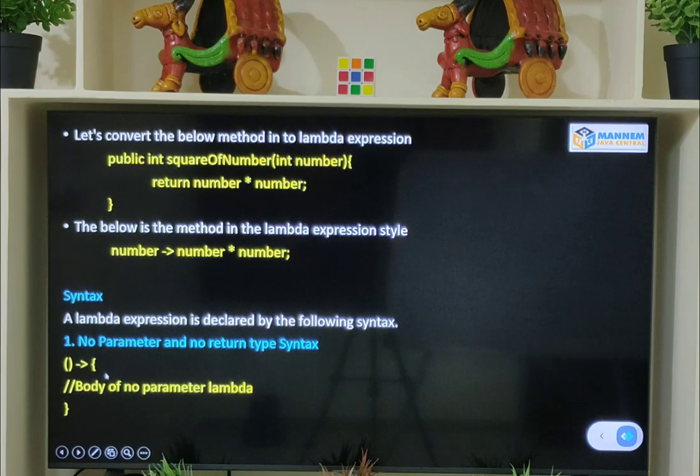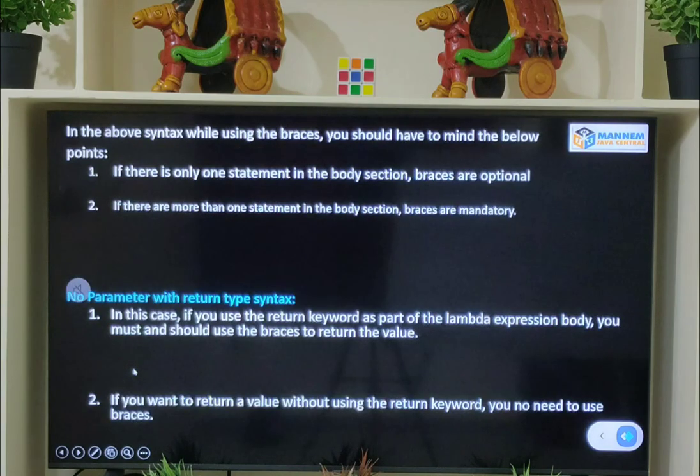While writing the braces, you have to keep some points in mind. As part of your body, if you have only one statement, you don't need curly braces. If you have more than one statement as part of your body, you must surround those statements using curly braces.